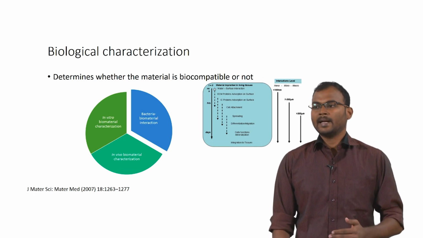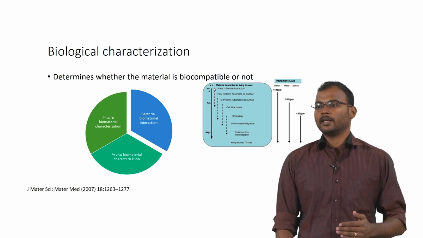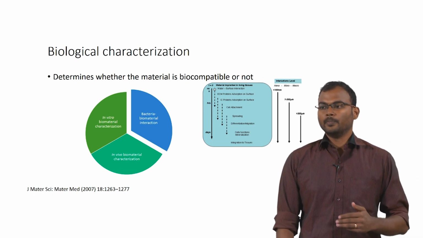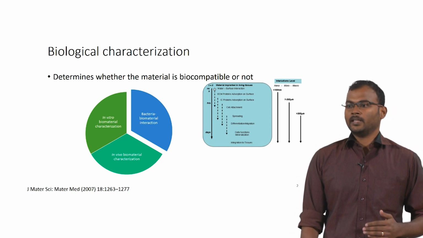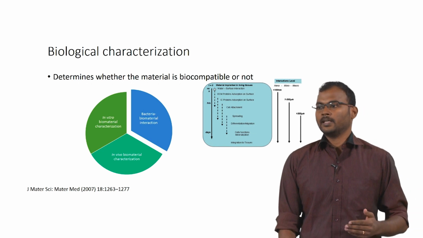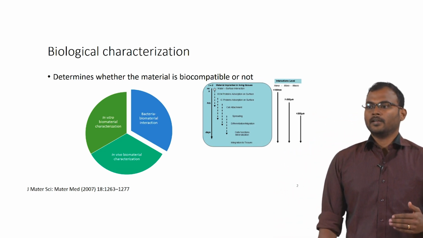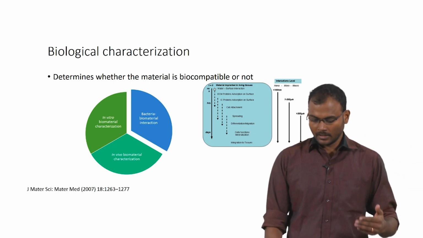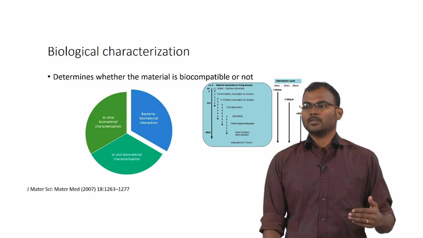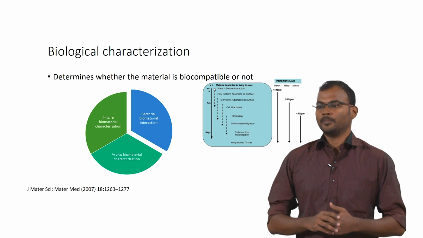When you are implanting a material into the body, within nanoseconds the proteins will get adsorbed onto the material surface. Based on the protein adsorption, it determines how the cells adhere onto the material surface, which leads to host cell and material interaction. If there is proper cell attachment, it will lead to spreading of the cells, and then to differentiation and migration. All these steps lead to complete integration of a material into the body.